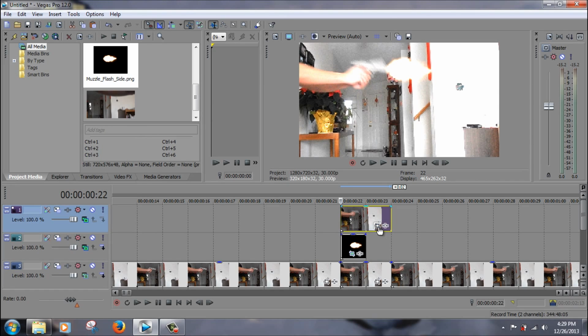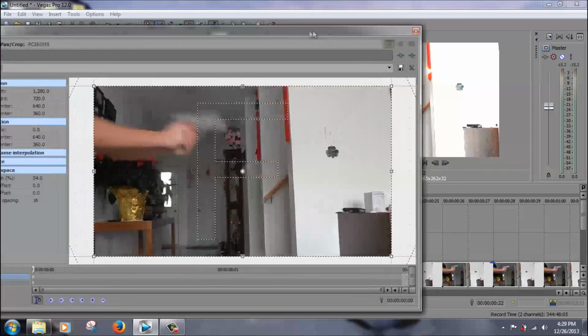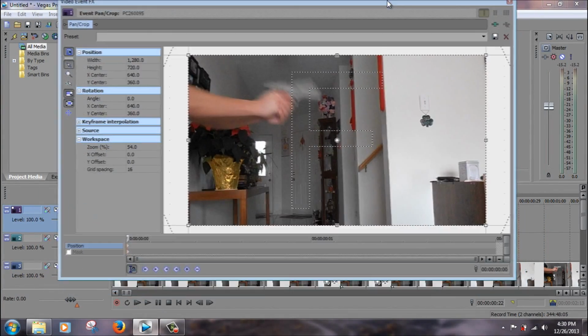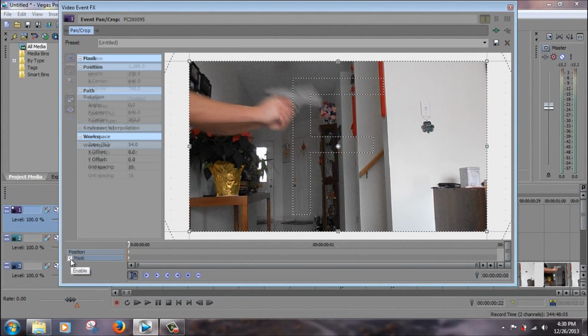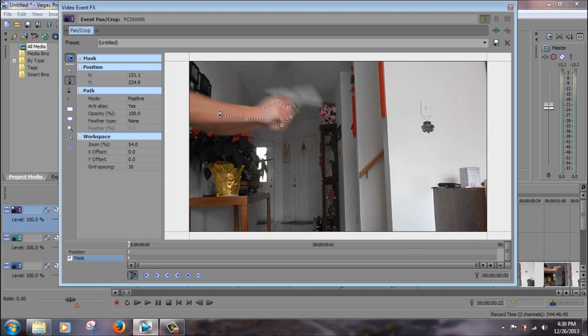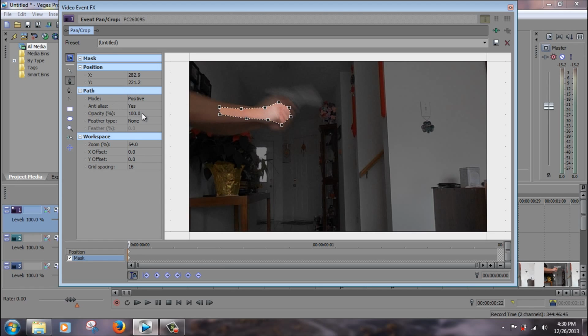So what you want to do is press the event pan crop button with this. Now click on mask. If you think about it, if a muzzle flash shoots out of the front of the gun, where would light hit? First, as a general rule of thumb, your hand will almost always be illuminated by the muzzle flash. So just draw some masking points where there would be light, and change the feathering type to both,